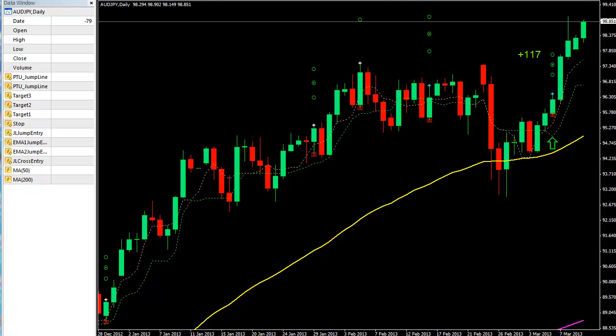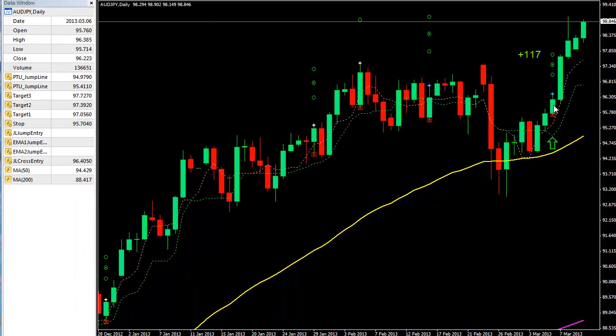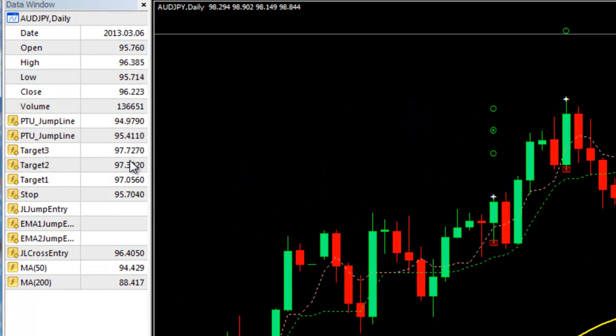So this trade just triggered in the other day, the Aussie yen. It's a carry trade, right? When you click on the entry, you hold the Alt key down. Now when I move my mouse around, the trade is frozen in the data window. Okay, maybe you didn't know that. That makes it easy to see the trade. Here's the entry,